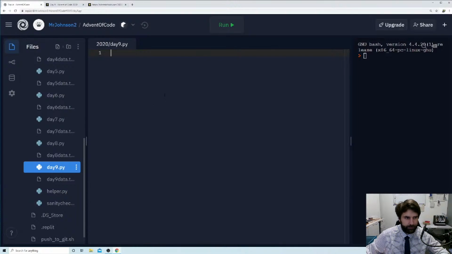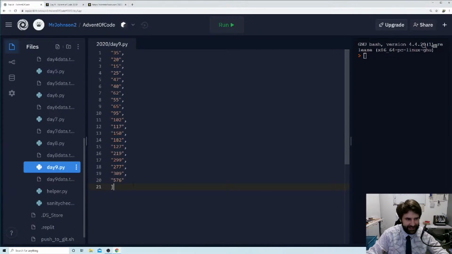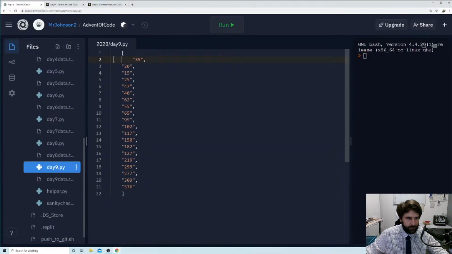In day9.py, I'm just going to paste in my test data. And I'm going to do my super secret keyboard shortcut. So if I do Control, Alt, and Up, I can select all of the lines at once. And then I can press Shift 2 and put a speech mark, go to the end of the line, speech mark, and comma. Look at that. What an absolute pro. That was so quick. Oh, I impress myself sometimes. Okay, and we're just going to pop a bracket there. And this is going to be our list of test data. Let's shunt all of this across one. And we are going to say test data is equal to this array, and this can come back here. Okay, lovely. So we've got our test data.